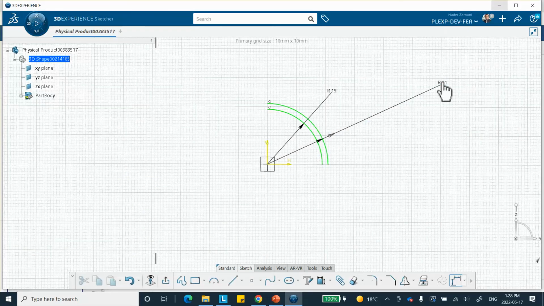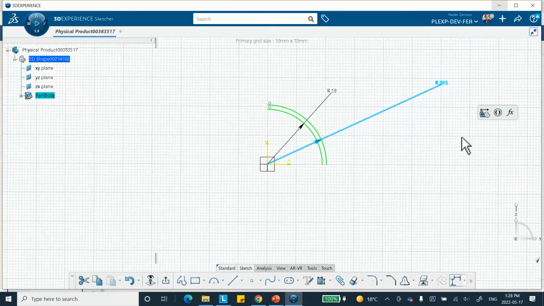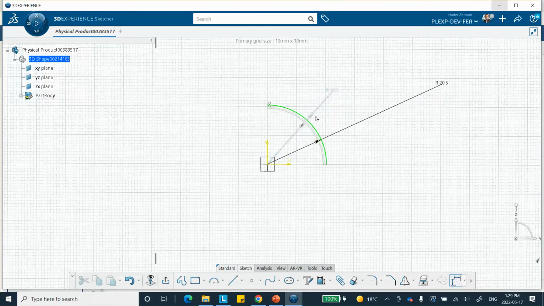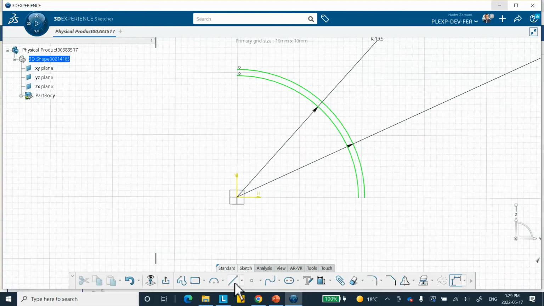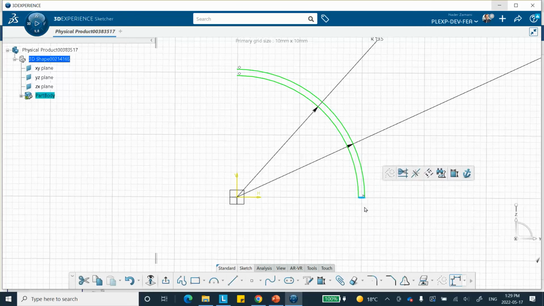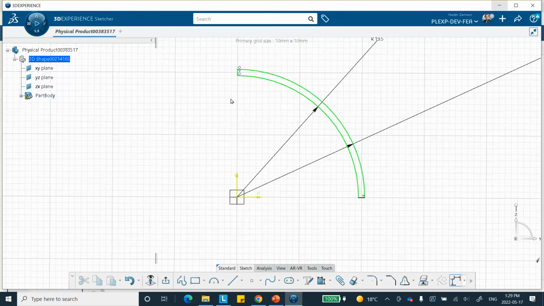So let's go ahead and fix this thing. This is 20.5. All right, and this is 19.5. Okay, so notice that the thickness of this thing is 1. All right, let's close this. So from here to here, and from here to here. Okay, exit,